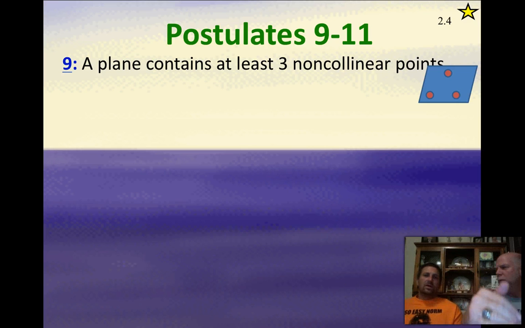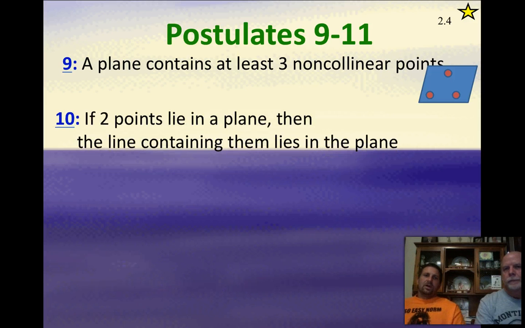It's kind of like that second one about the lines. This one doesn't come up that often. The other one, the fact that you have to have at least 3 non-collinear points to make a plane, comes up much more often than this. We really don't see this a whole lot. But if you get one, you get the other. And then number 10 is if 2 points lie in a plane, then the line containing them